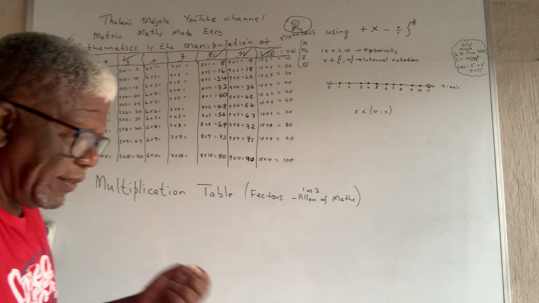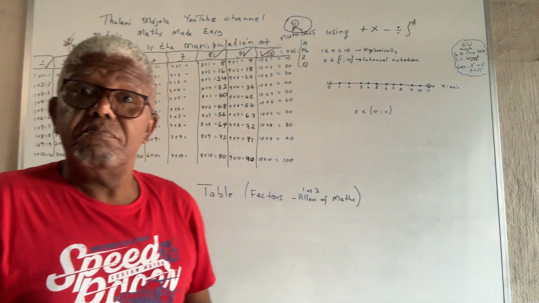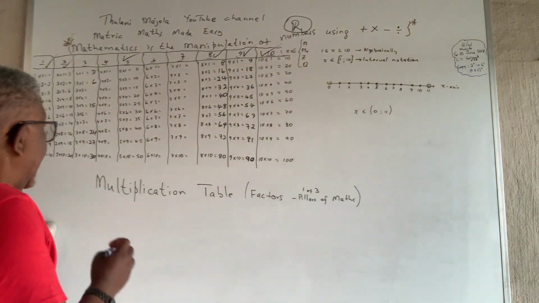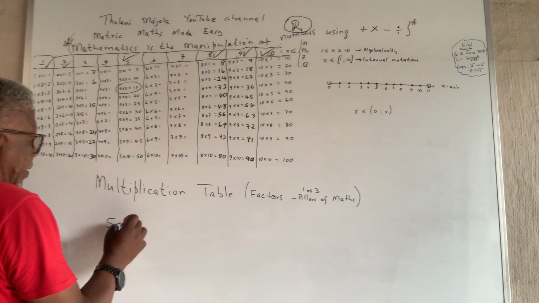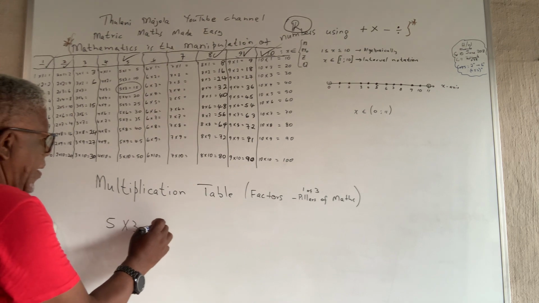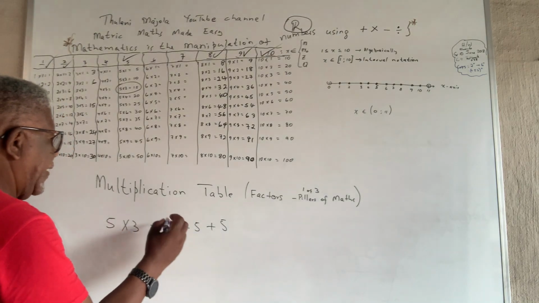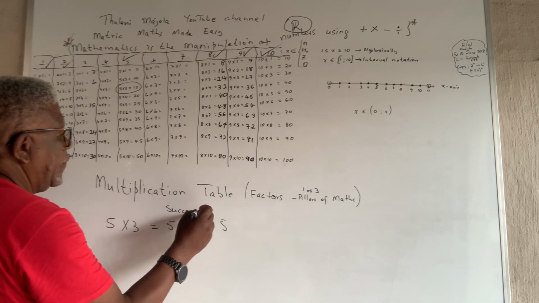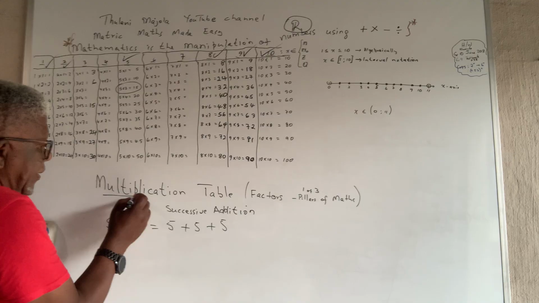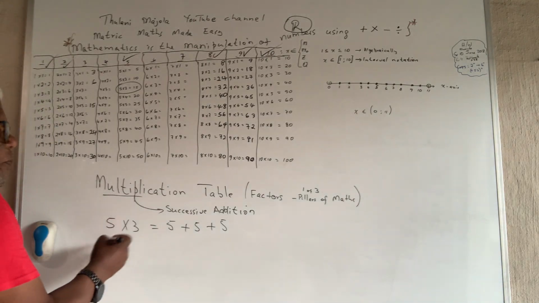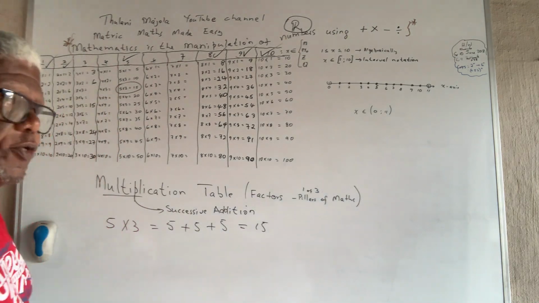Now, what I want to do is explain what multiplication actually is. Because maths is a language. It's not English, it's a language. So when you say 5 times 3, this is actually 5 plus 5 plus 5. So this is successive addition. Multiplication is actually successive addition. So we say 5 times 3, so we have to add 5 three times. And then 5 plus 5 is 10, 10 plus 5 is 15. Similarly, because we say 3 and 5